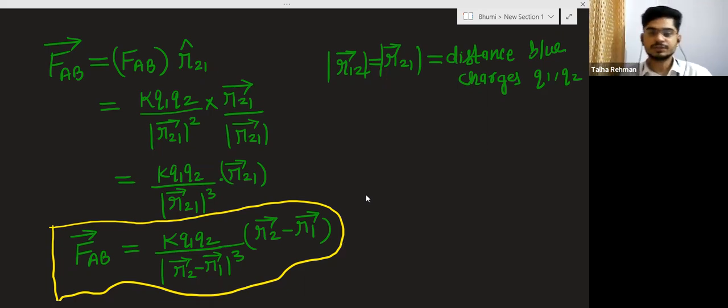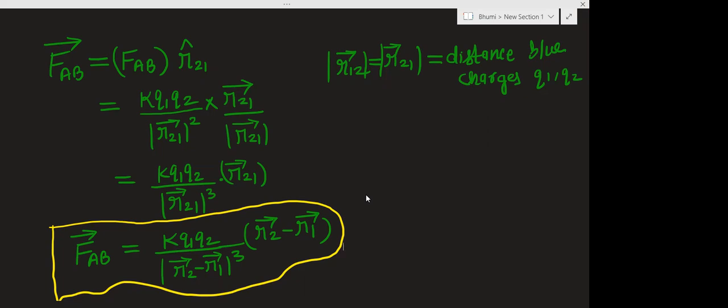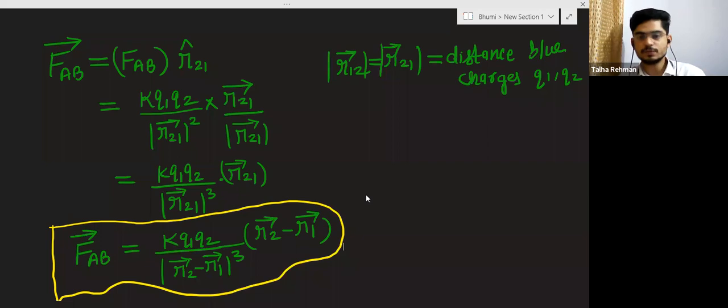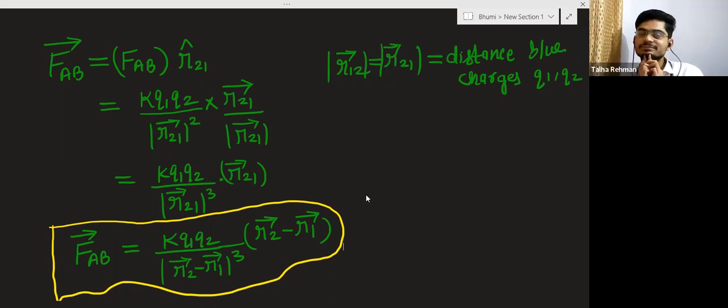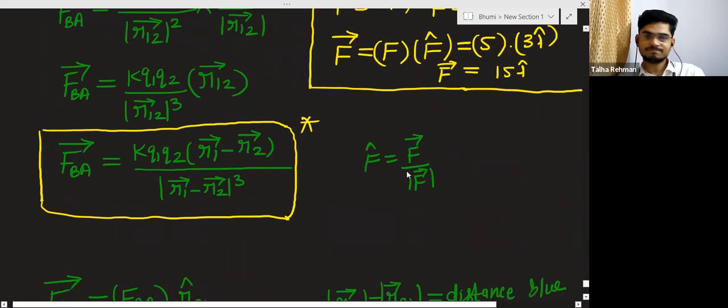Should we complete the question today in today's class, or do you want to complete it in the next class? I am having one question on this Coulomb's law. Is it lengthy? No, not lengthy, but I think this is enough for you for today. If I teach you more than enough, then